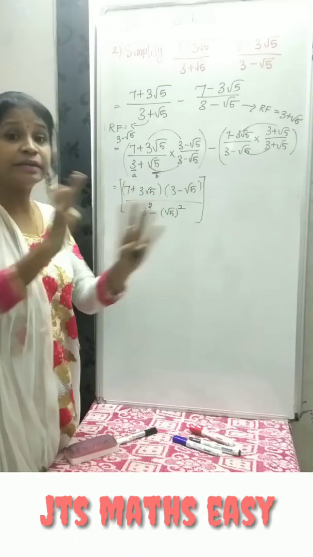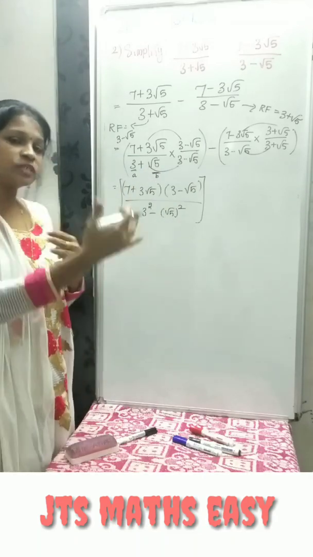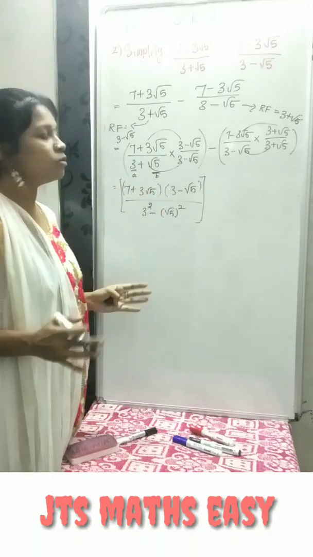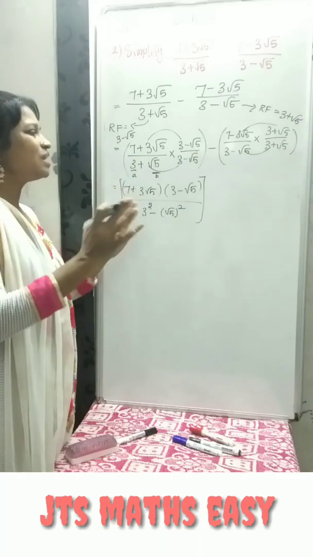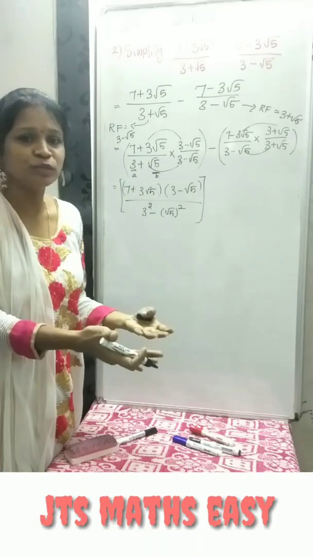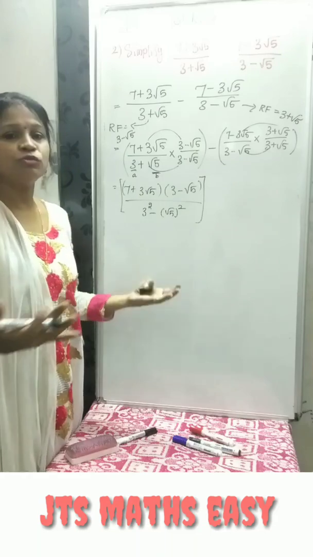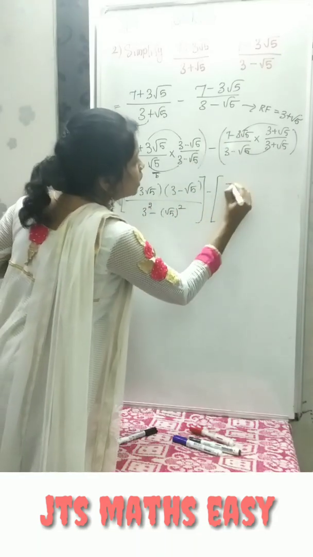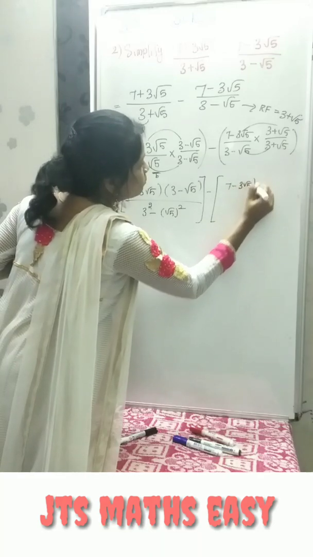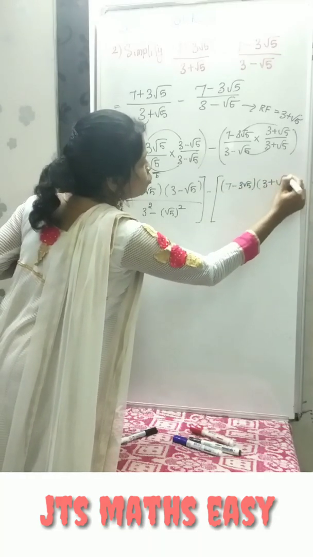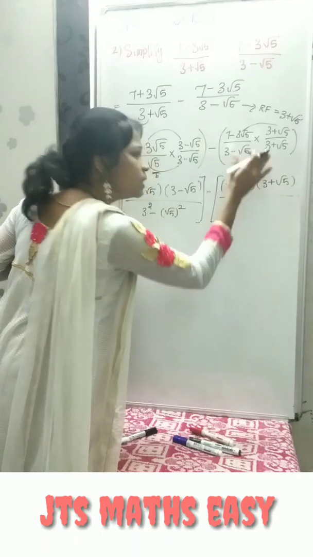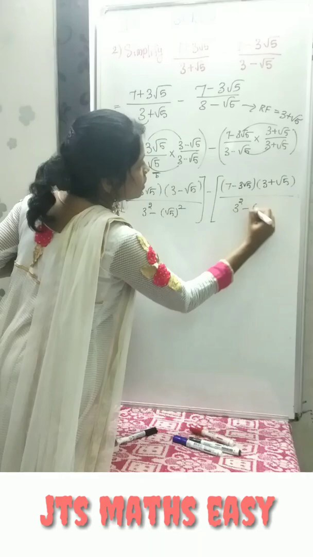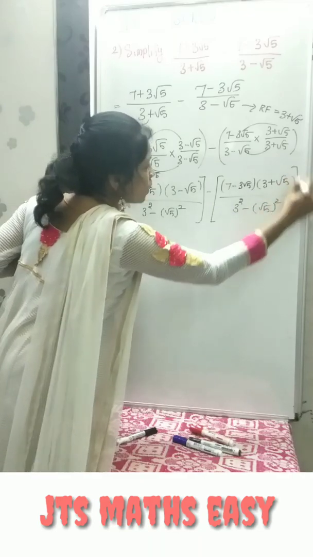But look at the numerator, I have written the same terms as such. Why? Because they are different numbers. In previous problems we applied the identity to expand that, but here both are different terms, so it is not possible to apply the identity. We want to do the algebraic product. You can do the same for the second one also. It is 7 minus 3 root 5 into 3 plus root 5 divided by, directly write the a square minus b square form, so it is 3 square minus root 5 the whole square.